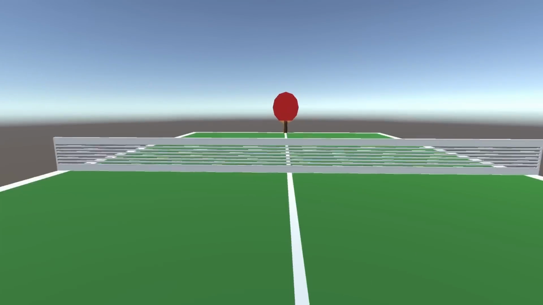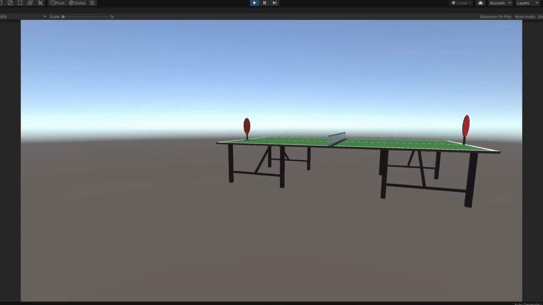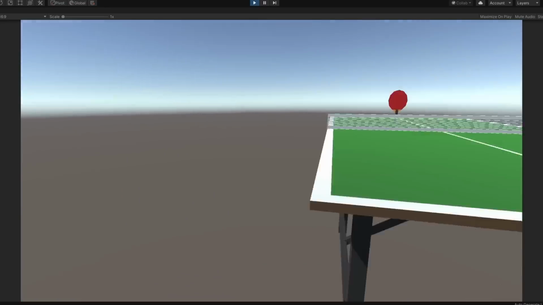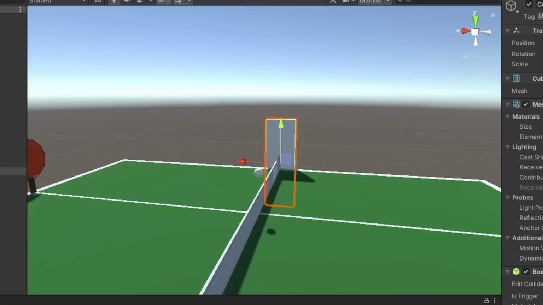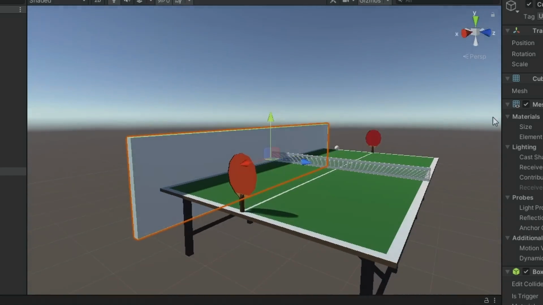But as you might be able to tell, it's actually pretty boring just bouncing onto these stationary paddles, and it's quite easy and you can also just fly off into the void. So I added some walls to keep you contained and make bouncing much more fun, and also made the paddles